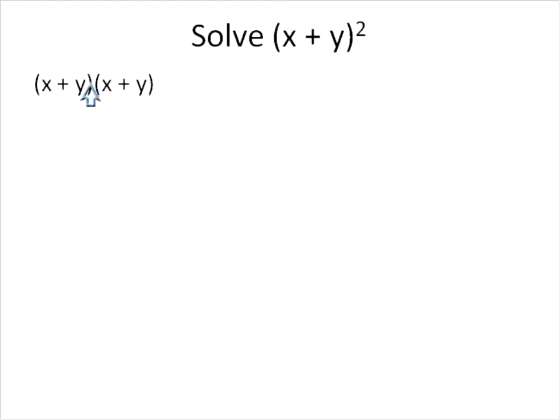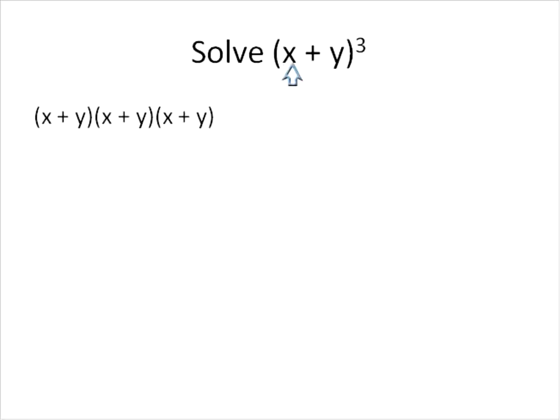And we use the distributive property, or in this case you could use FOIL, but we would use the distributive property to multiply each term inside of the first set of parentheses times each term inside the second set, and so join like terms for your final solution. Just a quick review. Now, when you get into higher powers, like x plus y to the power of 3,